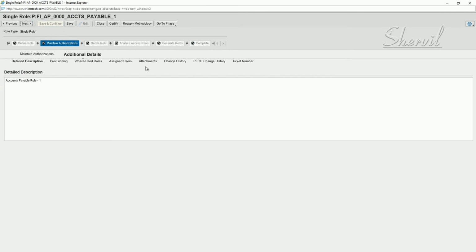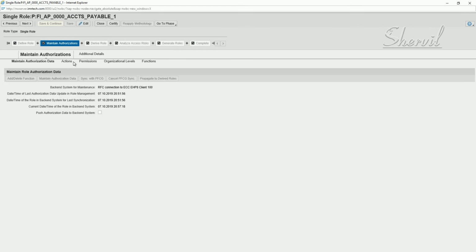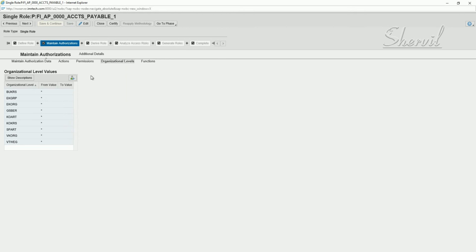For a derived role, the main criteria is we need to have proper organization levels, right? So we do have them here. We have company codes, for example, purchasing groups and purchasing orgs, and then sales org. Okay, so we can use this now. So let's go back